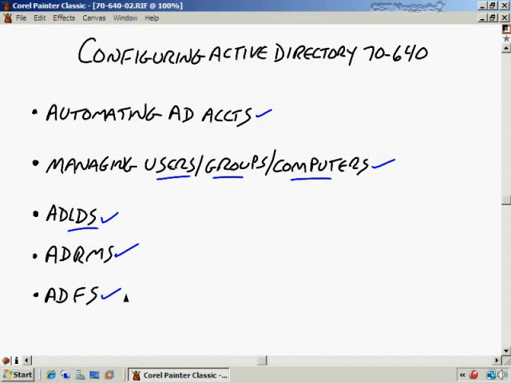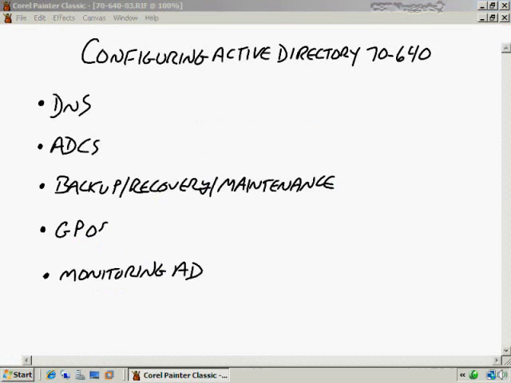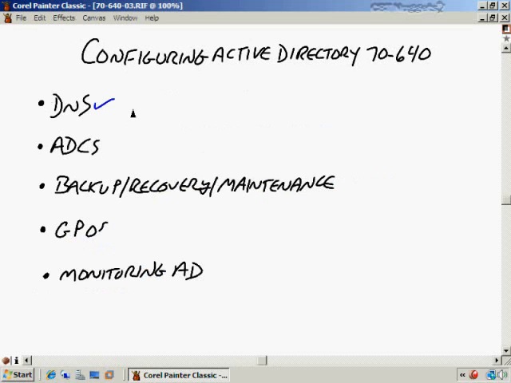We also take a look at Active Directory Federation Services. This is a great way to interoperate with another company, but to not necessarily set up a whole forest-wide trust, but just to be able to access a narrow scope of resources between your two organizations. Then we'll continue our discussion with DNS, which is essential for the proper operation of Active Directory,